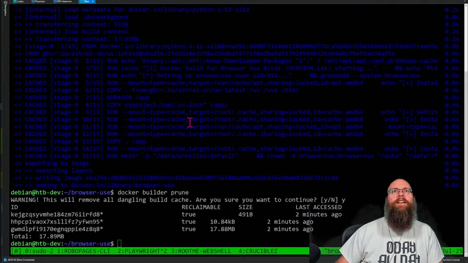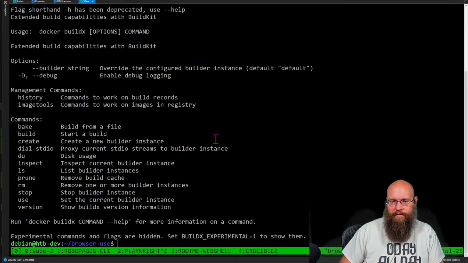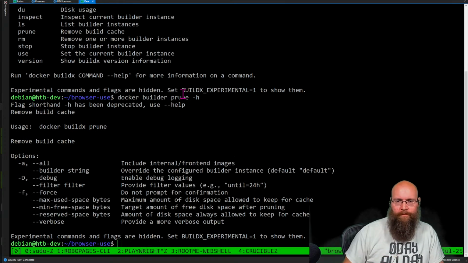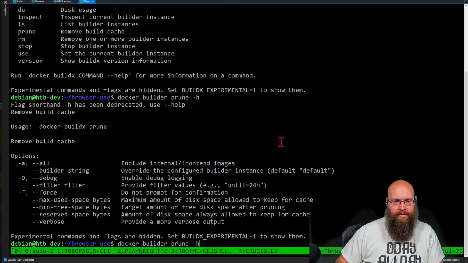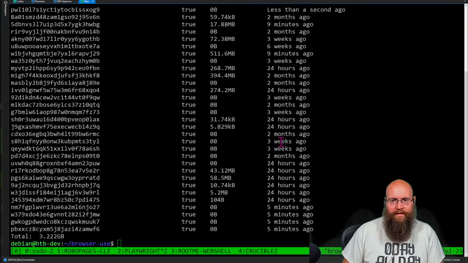We just need the -a option here? Docker builder prune -a. Let's see. Internal and all front-end widget. Fine, wipe them all. Yes. There we go. Maybe now.